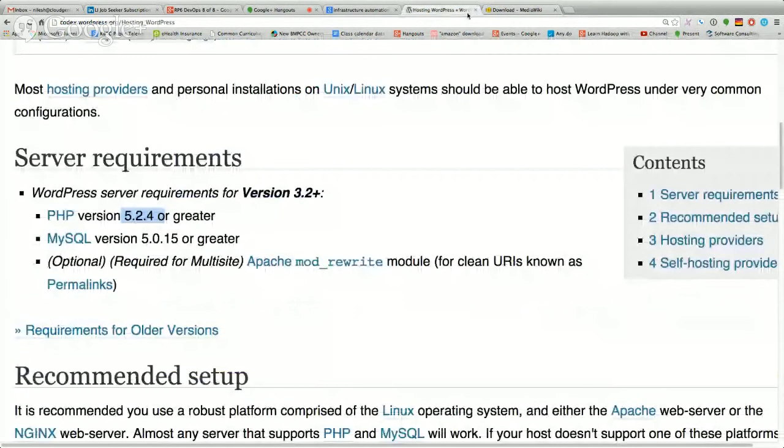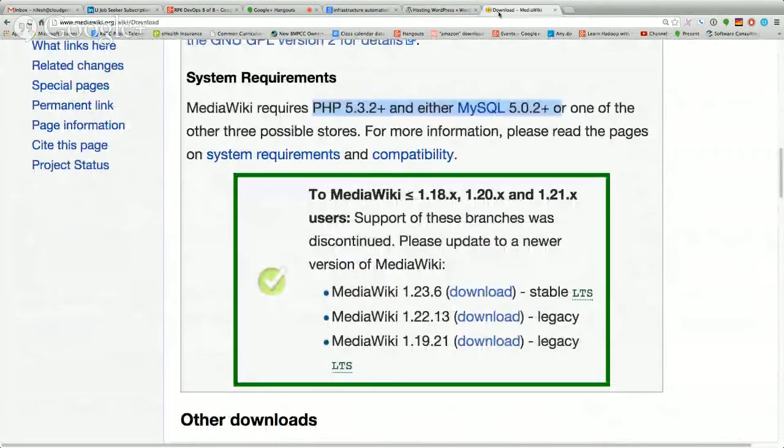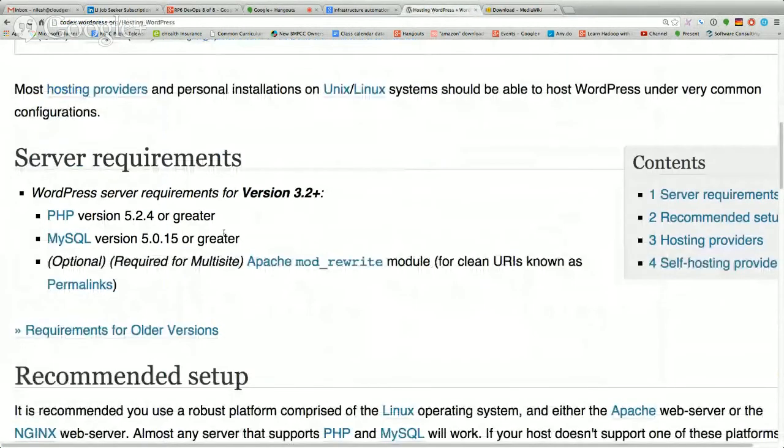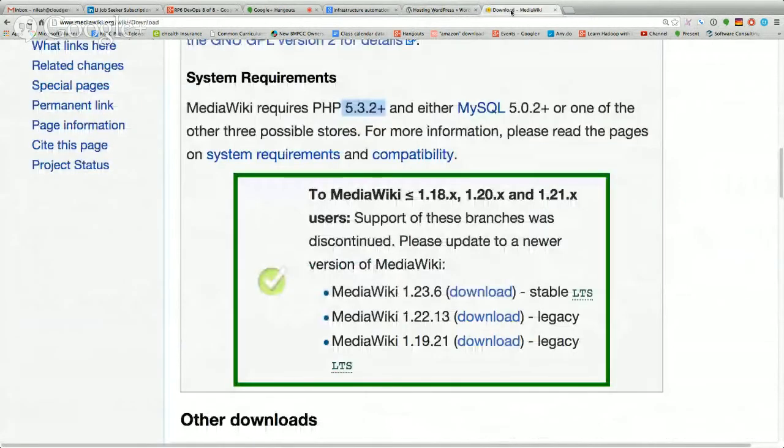These guys require PHP 5.3.2, so the PHP requirement is even higher. It will not run if your PHP version is older. The MySQL version requirement is also higher. Most of them require PHP and MySQL.